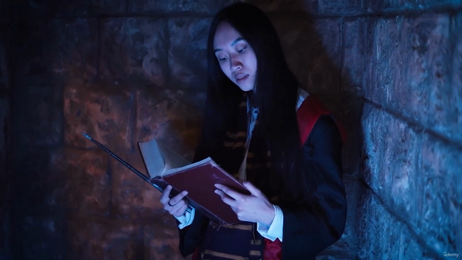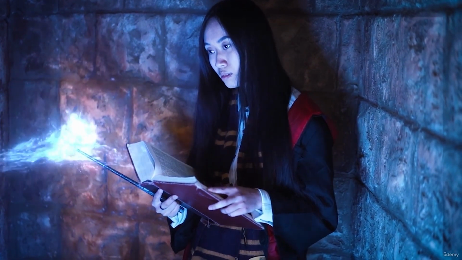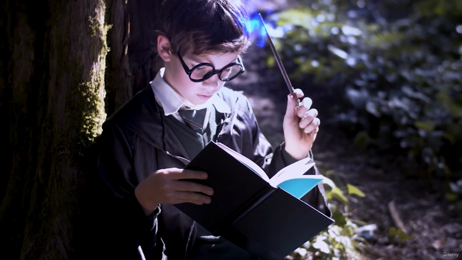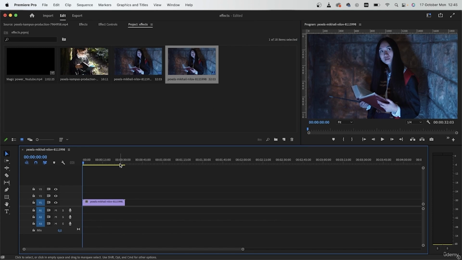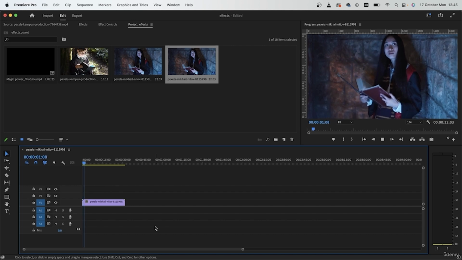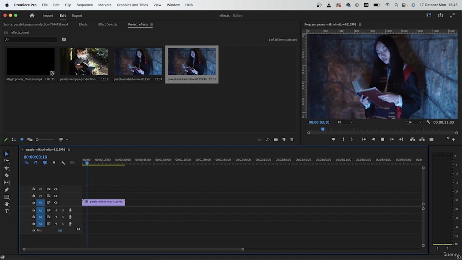Let's see how we can give our characters magical powers using Premiere Pro and After Effects. So let's begin with our first video. Drag it into your timeline to make a sequence. So here I have a person with a wand, and I'm going to attach some magical powers on top of